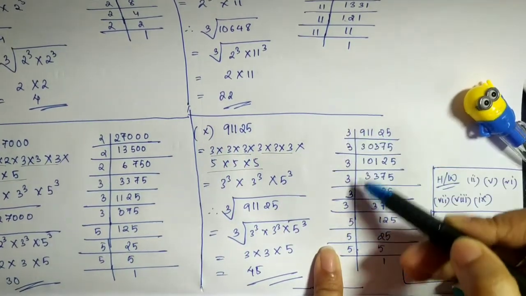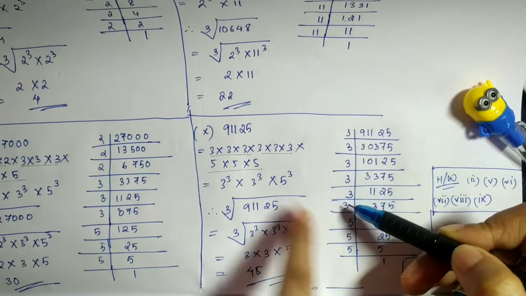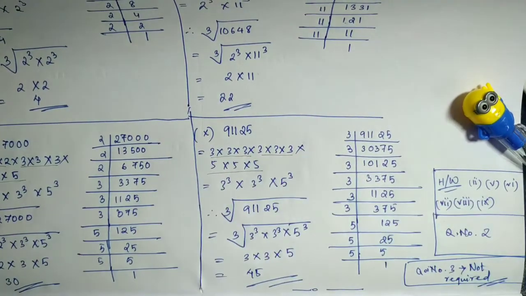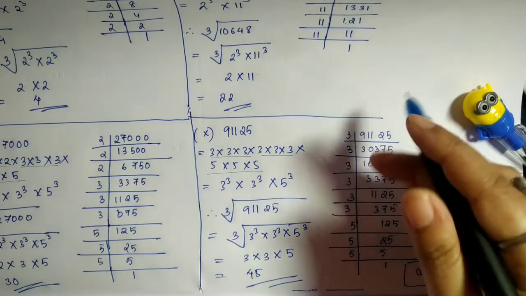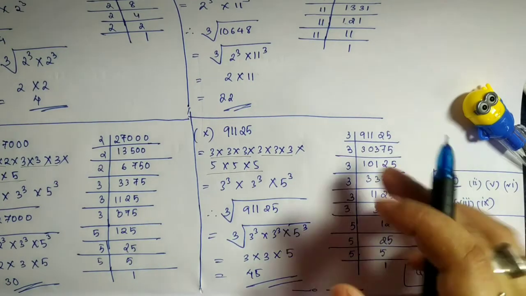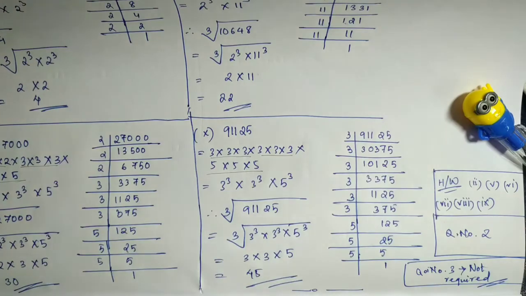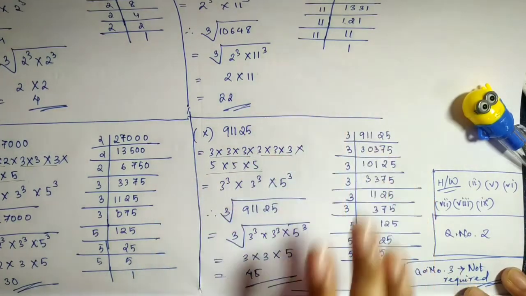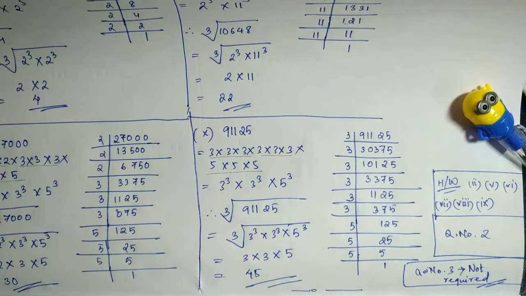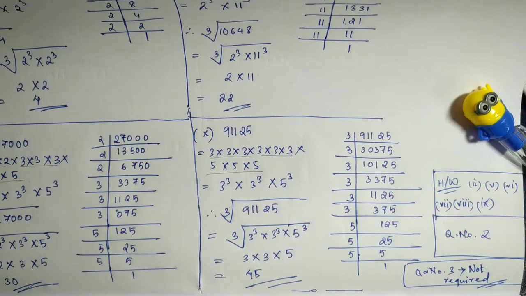Suppose I got 6 3s here and I put by mistake 3, then I might be wondering where are the groups. It's not coming in groups of 3. So please be very careful while factorizing, because in smaller numbers we don't tend to make mistakes, but when the number is bigger and we get repeated numbers more and more times, we tend to make mistakes. So please be very careful while finding out the factors. Otherwise it's very easy, nothing else. You don't have to memorize any formula or anything for this.